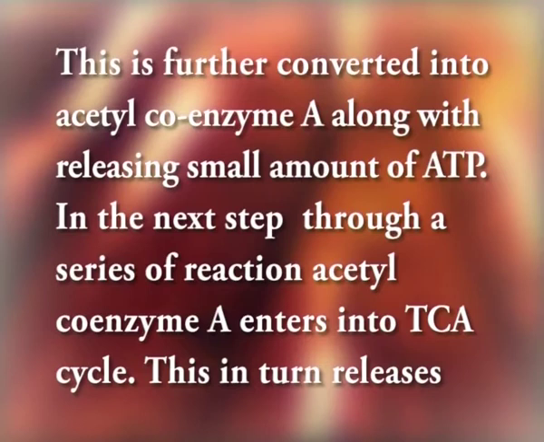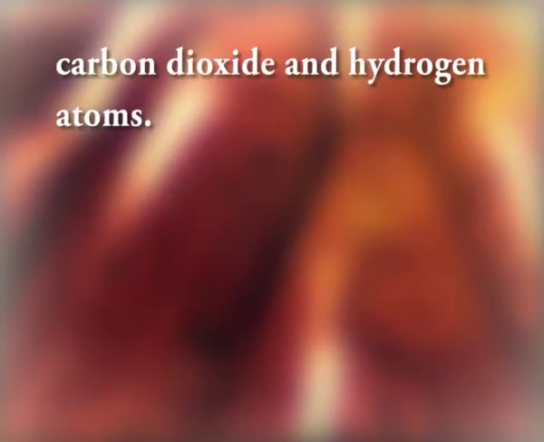Through a series of steps, glucose is broken down into two molecules of pyruvate. This is further converted into acetyl coenzyme A, along with releasing a small amount of ATP. In the next step, through a series of reactions, acetyl coenzyme A enters into the TCA cycle. This in turn releases carbon dioxide and hydrogen atoms. These later enter into the electron transport system and release ATP. The complete oxidation of one molecule of glucose yields 36 ATP molecules, 6 molecules of carbon dioxide and 6